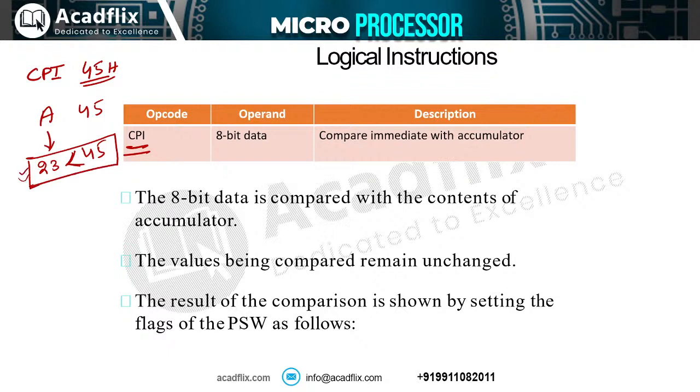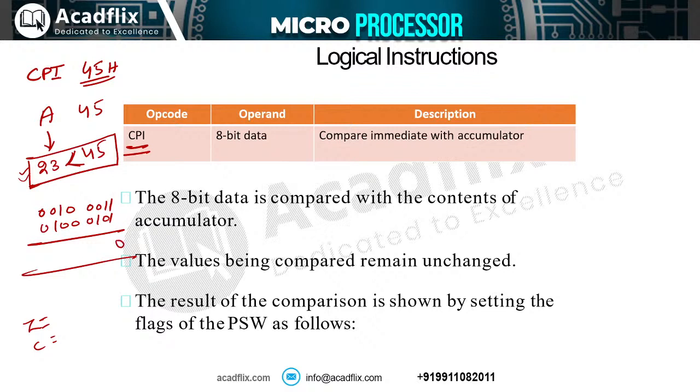You can tell this by looking at it because you have a mind and eyes, but the computer does not have a mind or eyes. The computer has a CPU and ALU. How will the computer find out whether A is less than B? The computer will subtract 23 from 45, and after subtraction it will get the value of the zero flag and the carry flag. On the basis of the zero flag and carry flag, it will decide which value is greater.